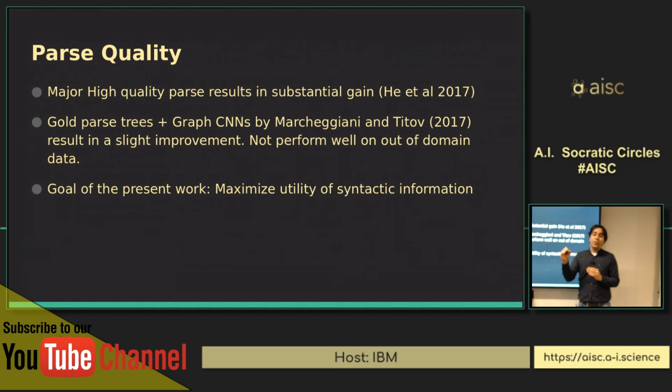It does improve, but almost minimally improves the performance. And sometimes it's been shown that if you add a gold standard, it substantially improves. But the latest work uses gold parse trees with graph CNNs by these people, resulting in a slight improvement. But it doesn't perform well on